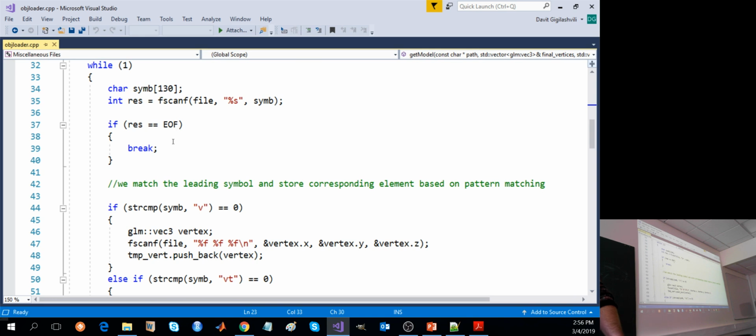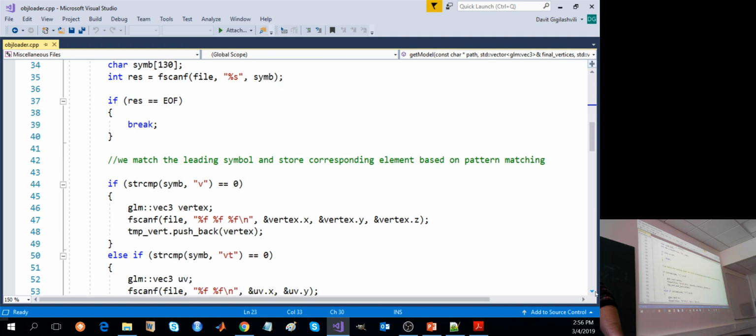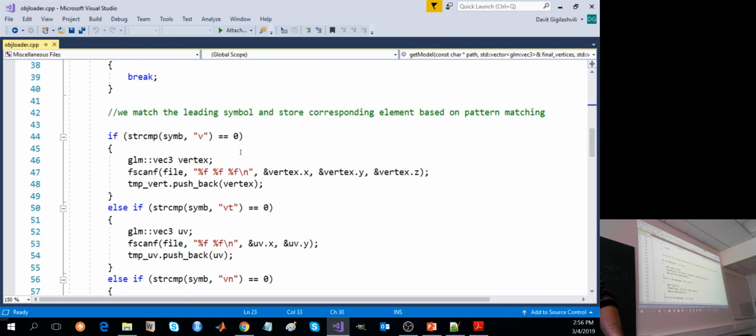So if we reach the end of file, we just break out and stop execution. Otherwise, we go line by line through this OBJ and try to match the first character of the line with the V. So if this is a vertex defining line,